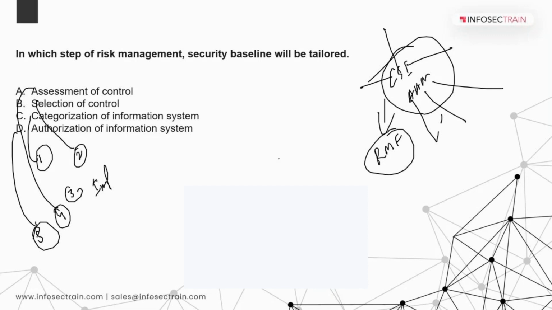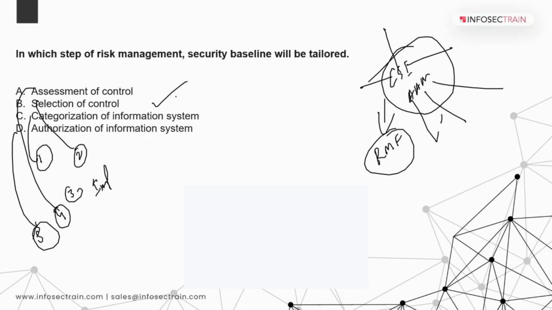Okay, that means you can say it's just like inventory. You have an inventory of your system. You have to categorize. Now, what is the base of categorization? Again, you have to identify the value, and after identifying the value, you have to categorize, again based on your confidentiality, availability, and integrity. Okay. After categorization, you have to select control. Okay. When you are selecting control, you have to establish baseline. Always remember, for exam point of view,